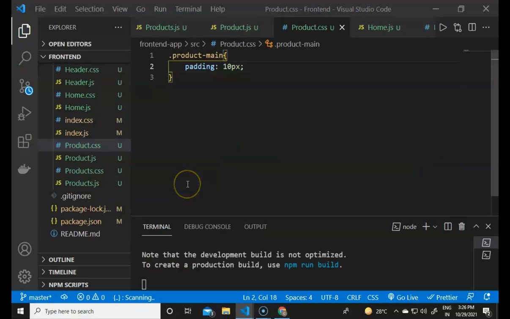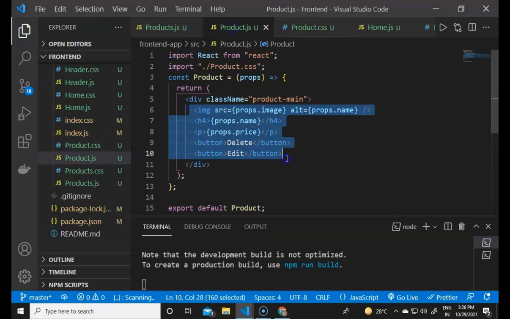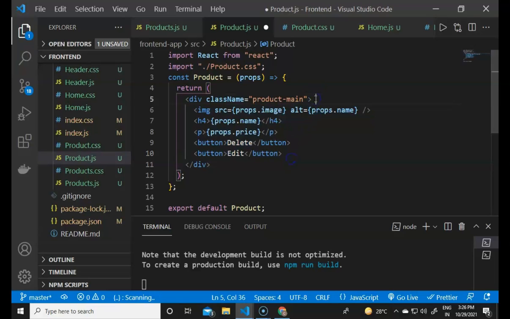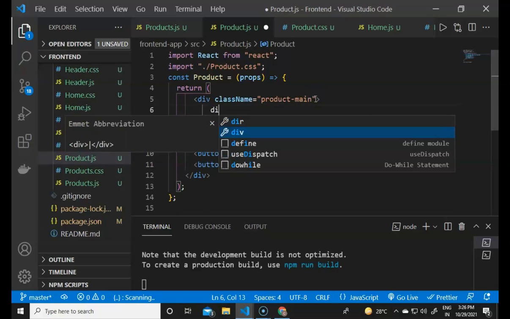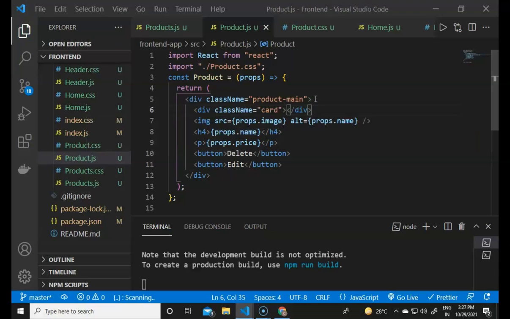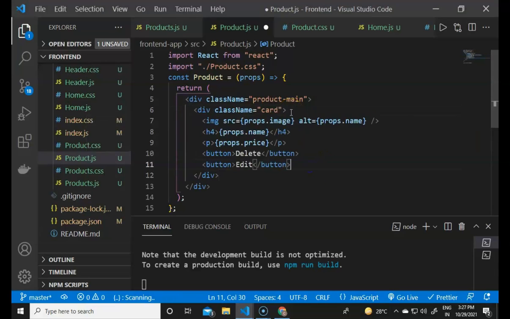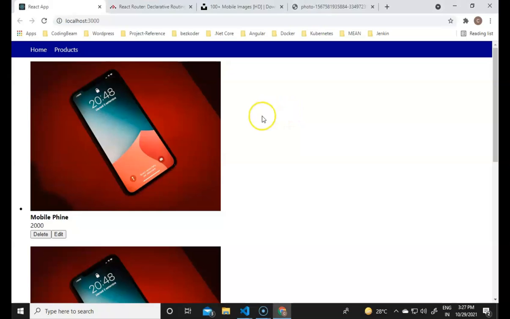Now we have to define some more styles. I define a new card inside this, wrapped inside a new div. After the product name, I define a new div with a class name of card, and wrap these divs into this card. If I now save, everything would be the same.